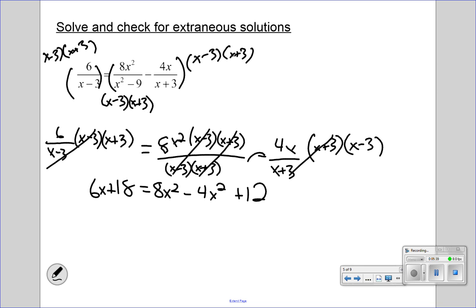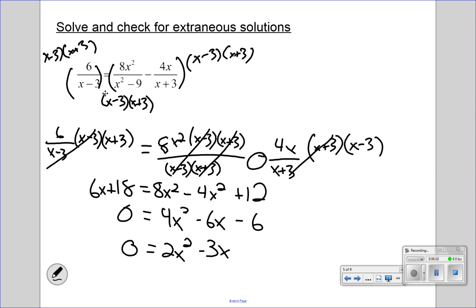Once again, make sure you distribute your negative. So we'll get everything on one side. We get 4x squared minus 6x minus 6. Pull out a 2. So we get 2x squared minus 3x